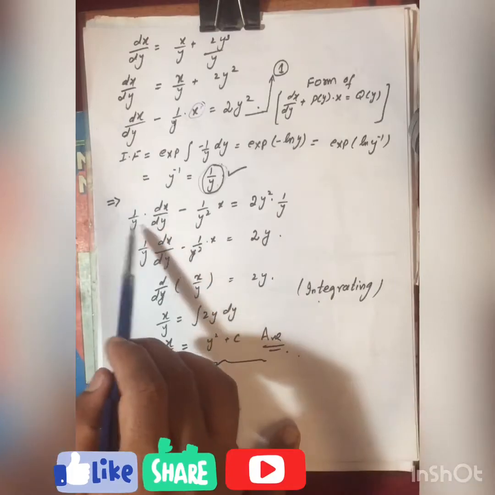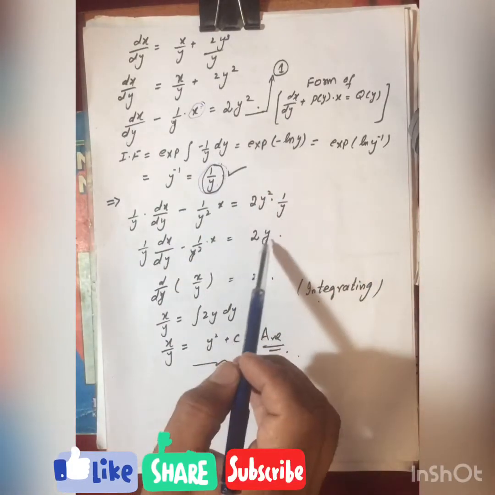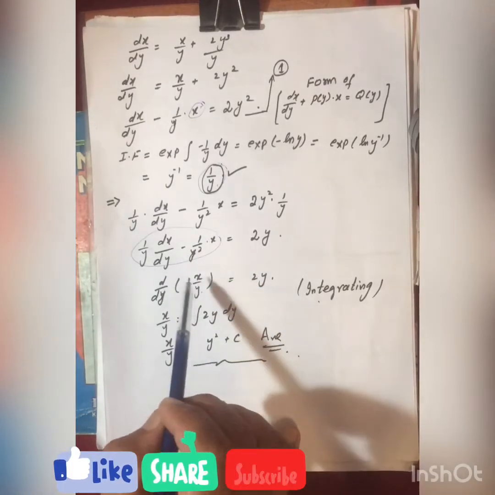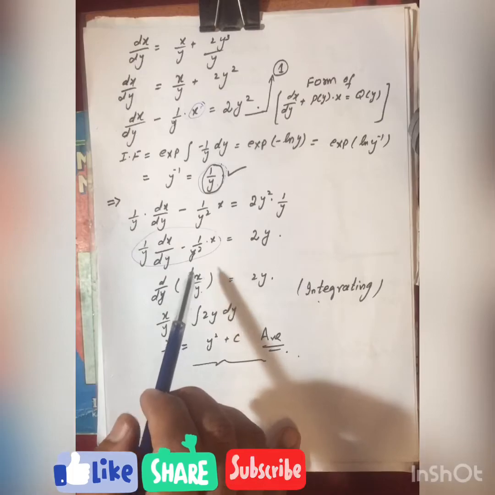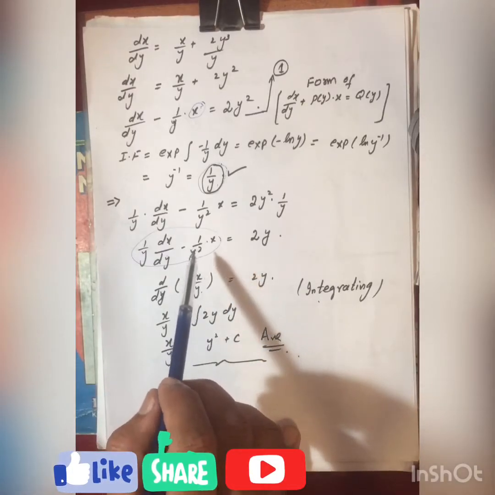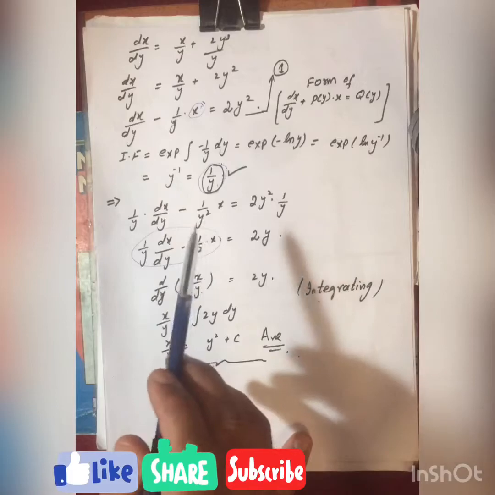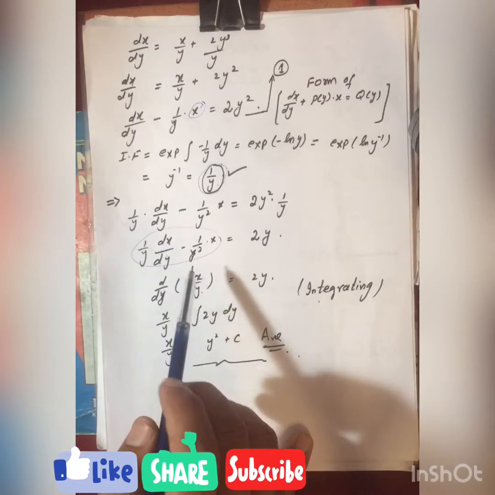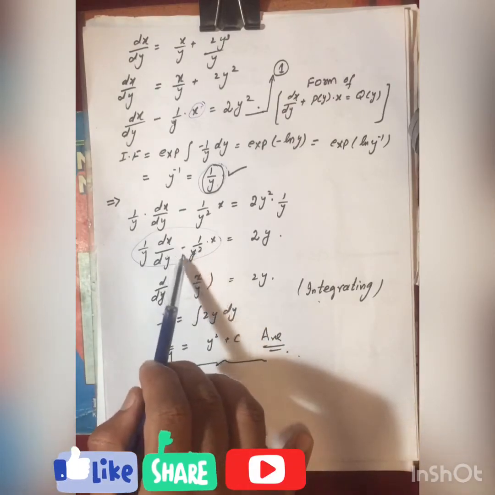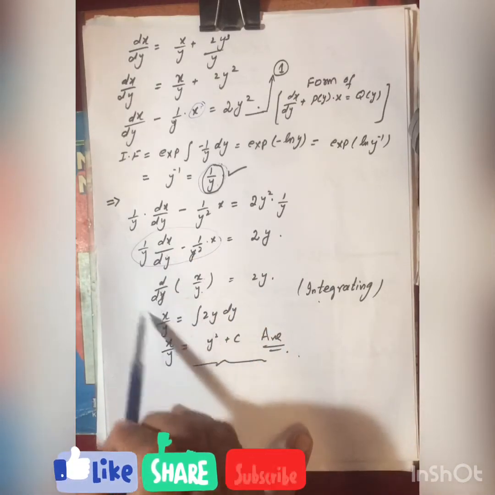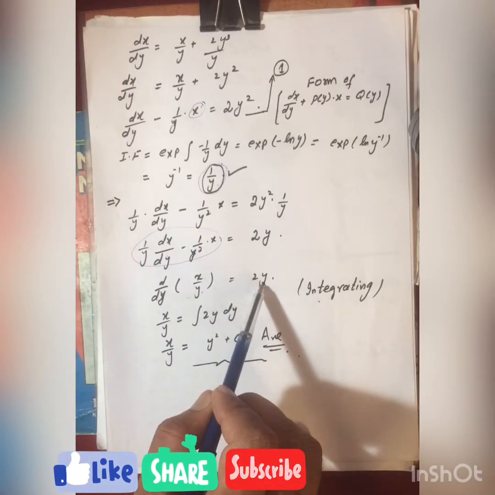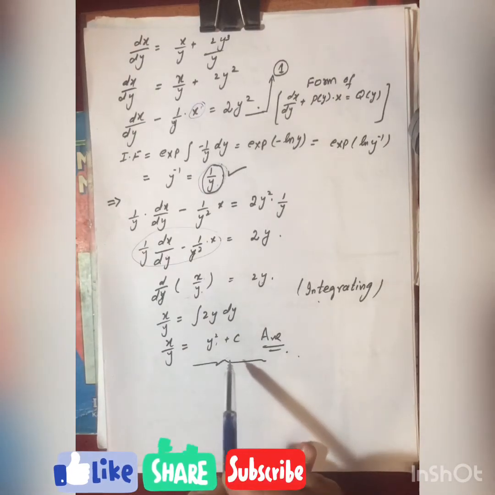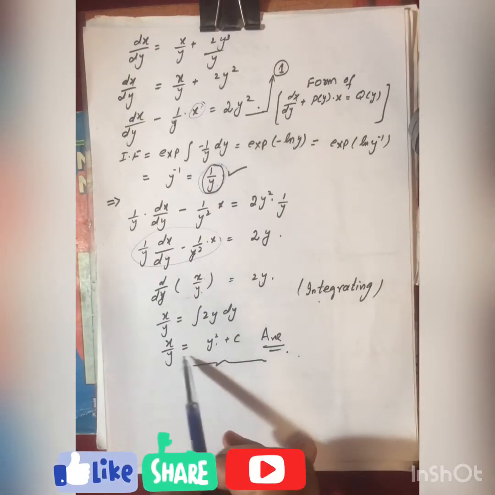You will get this. After simplification, the left hand side can be written as the derivative of x over y, which is this. Okay, after differentiation, you must have the experience that you can write it closed and you can expand the derivative. Okay, you will expand this, you will get this. After integration this will be cancelled and this will be integrated with respect to y. You will get y square. This is the solution of the linear ordinary differential equation in the variable x, and x is linear here.